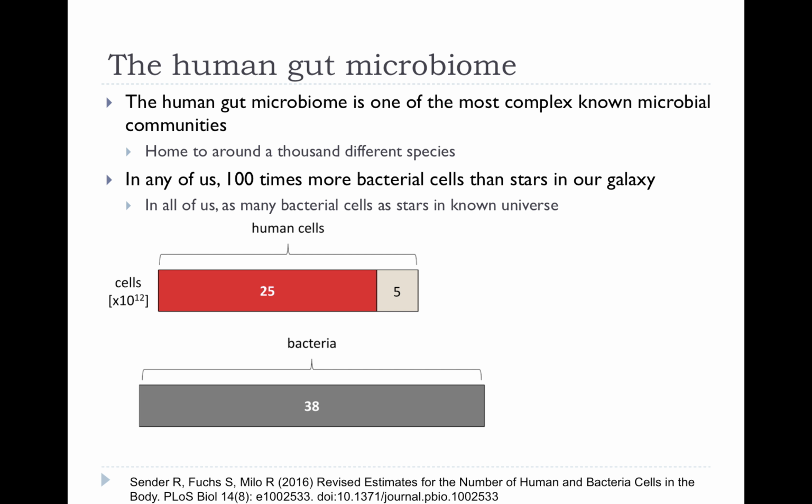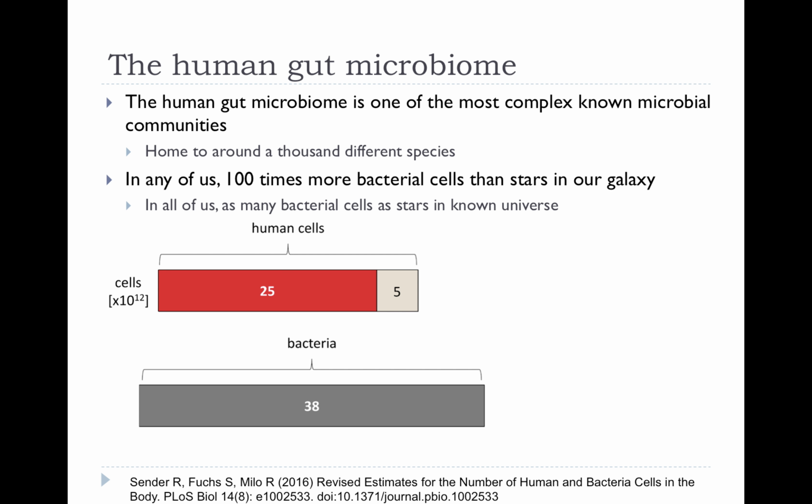This is one of the most complex known microbial communities, with probably around 1,000 different species in there. It depends from one individual to another, but somewhere between 500 and 1,000. You can argue that in any one of us, there are 100 times more bacterial cells than there are stars in our galaxy. And if you take all the humans across the whole planet, we are carrying around more bacterial cells than there are stars in the known universe. So this is a huge